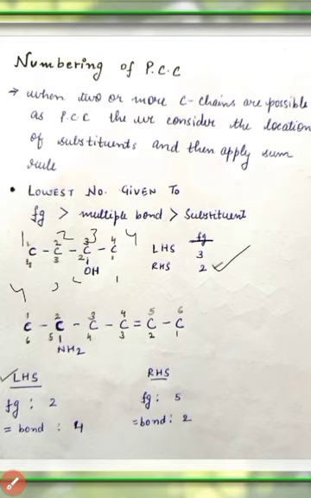Now in the next example, we can number it from the left hand side. If we number it so, then the functional group is getting the second position and the double bond is getting the fourth position. While if I number it from the right hand side, the functional group is getting the fifth position and the double bond is getting the second position. As in the priority list, the functional group comes first, so the numbering will be selected which gives the functional group the lowest position. So therefore 1, 2, 3, this will be preferred. Numbering from the left hand side will be preferred.